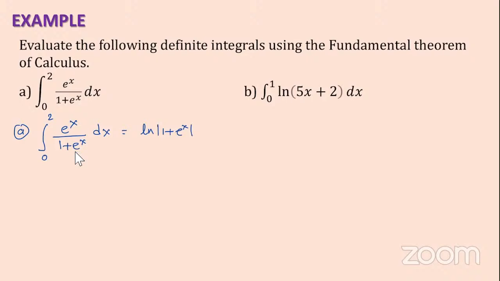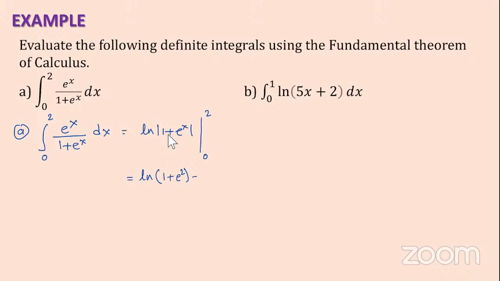Since the derivative of the denominator is in the numerator, the value of the integral is the natural log of the absolute value of the denominator, evaluated between 0 and 2 in this case. Now, if we plug in the upper limit 2, it will be the natural log of 1 plus e to the x. This is always positive, so I don't need to write that absolute value over and over again. If we plug in 2, it will be 1 plus e squared,